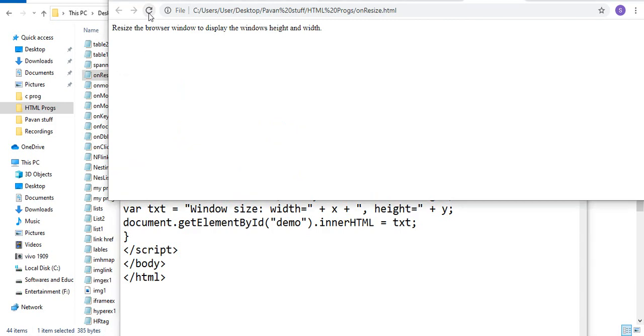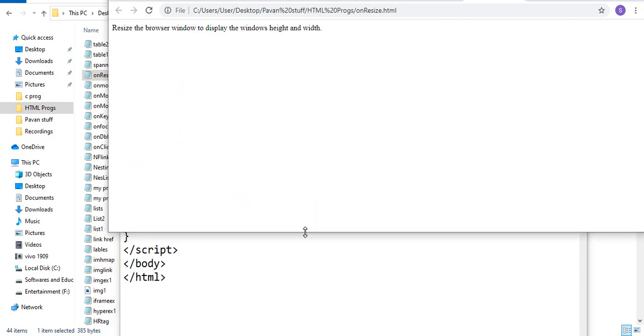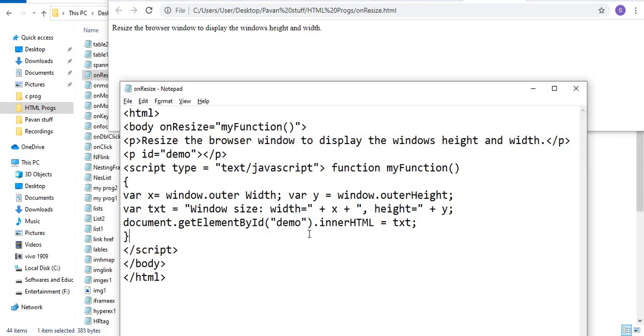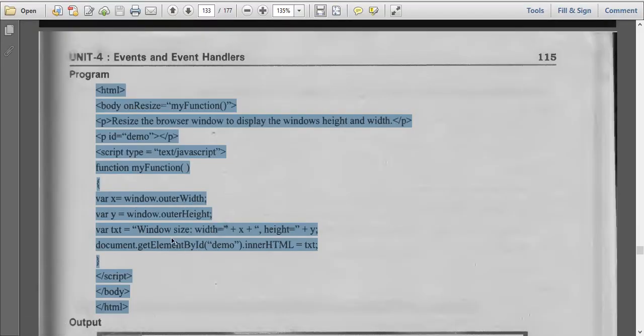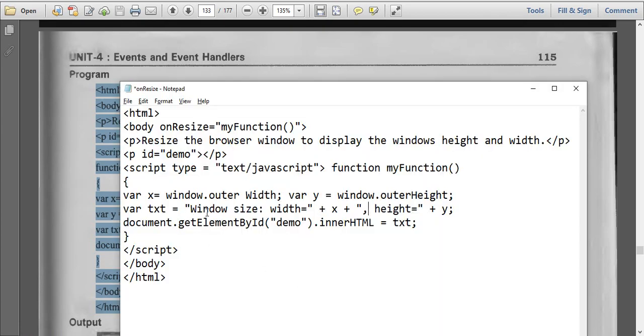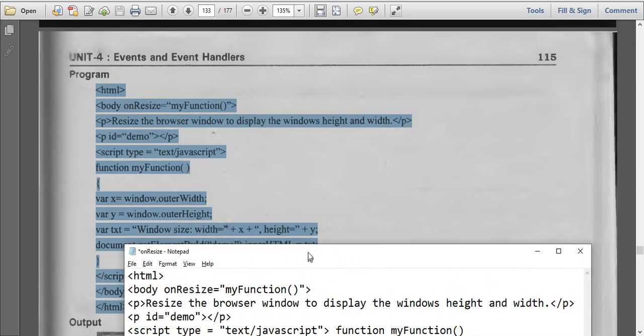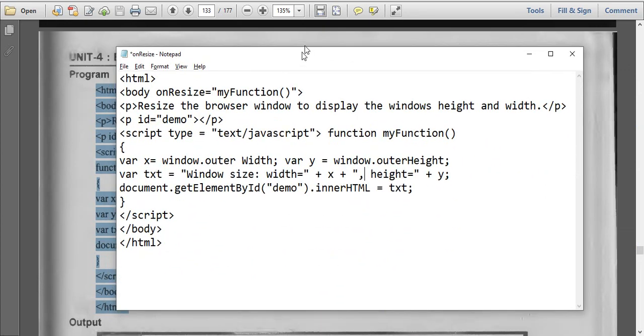Save, refresh. It has to display. Some mistake has happened here. Window size width equal to x value. Window size equal to, it should be in double quotes: window size width equal to x plus height equal to y.